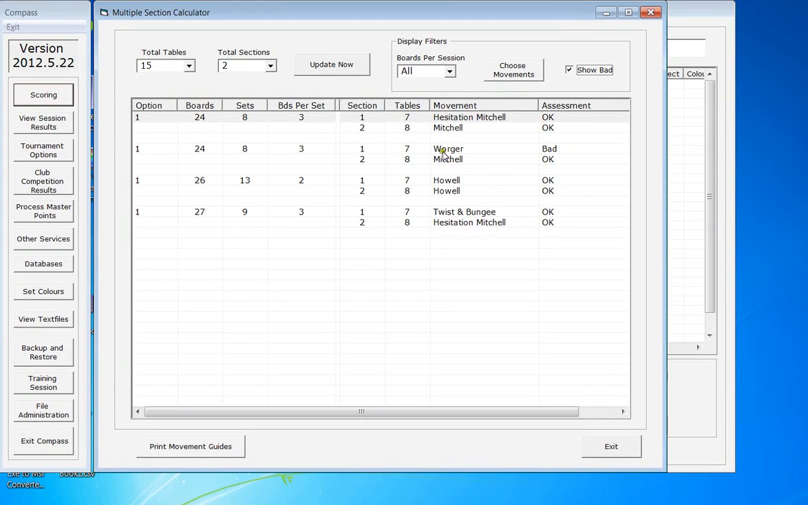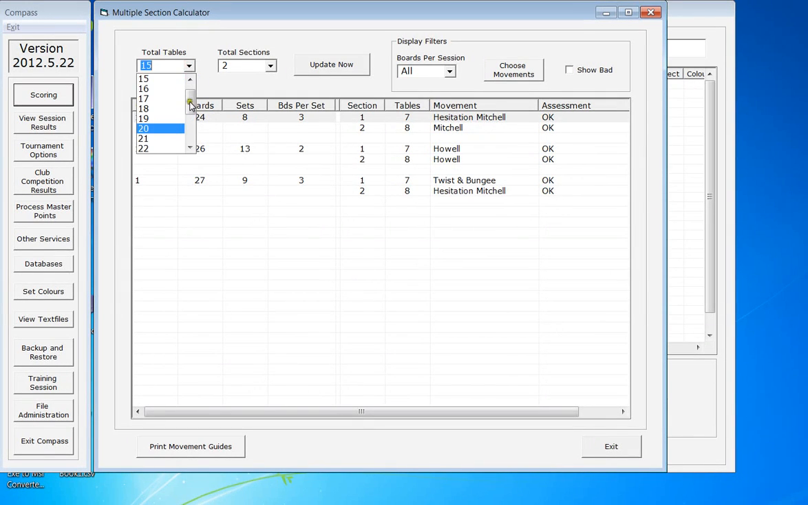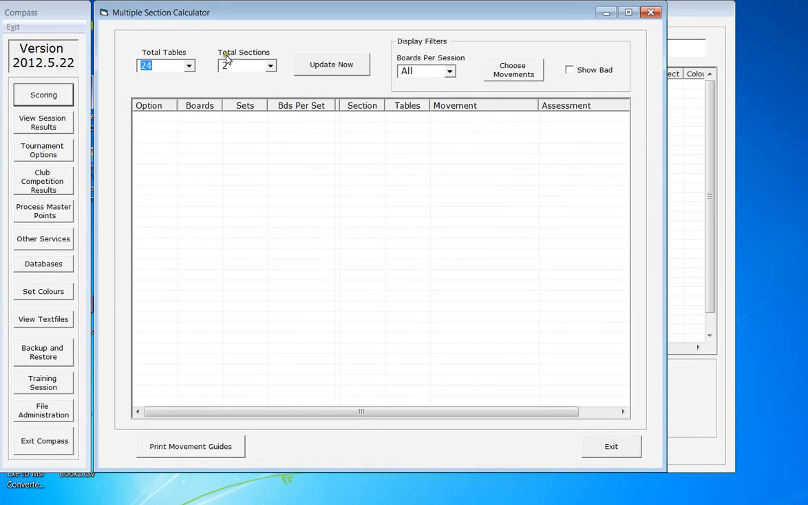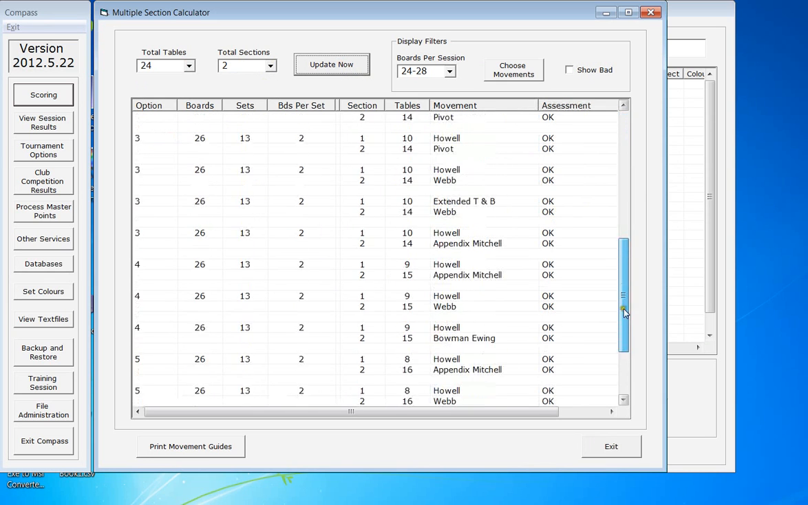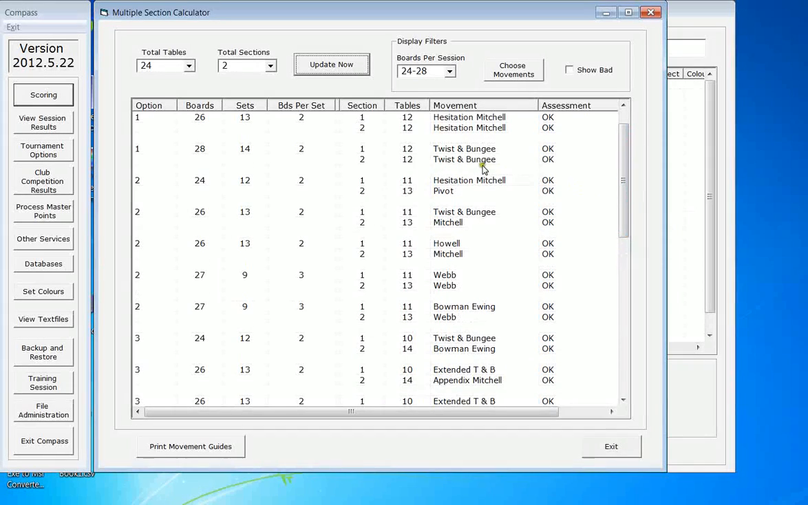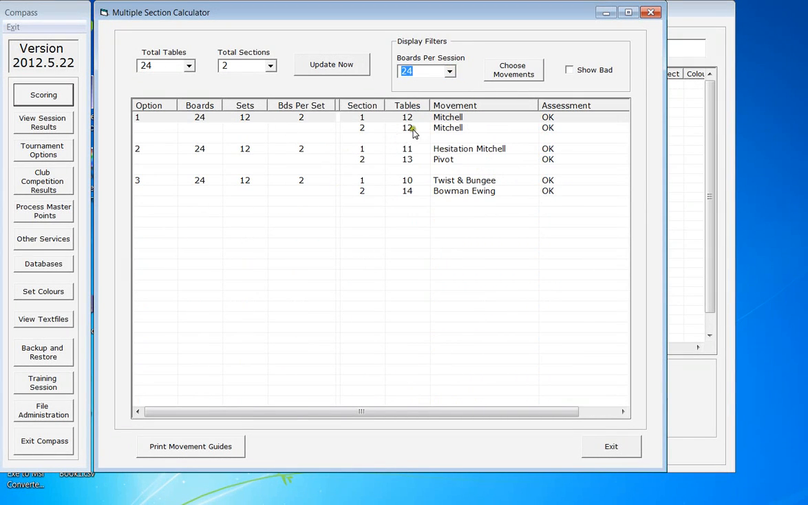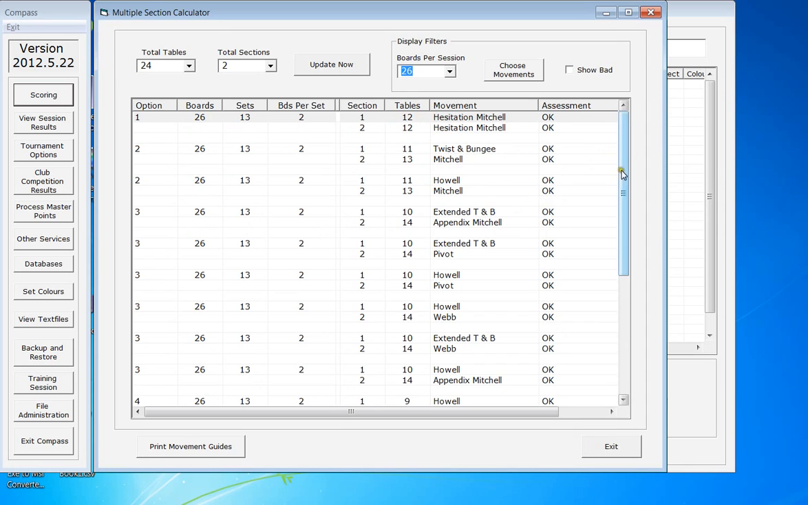So anyway, after that interruption, it displays the movements that are bad, but we don't usually want to do that, so untick that. Let's have another look at another option. Let's say 24 boards, 2 sections, 24 tables, and now we've got a whole heap of options here. And as I said before, we can say, well, just the 24 table options, and we've got 3 displayed, or a 26 table option. There's heaps available there,